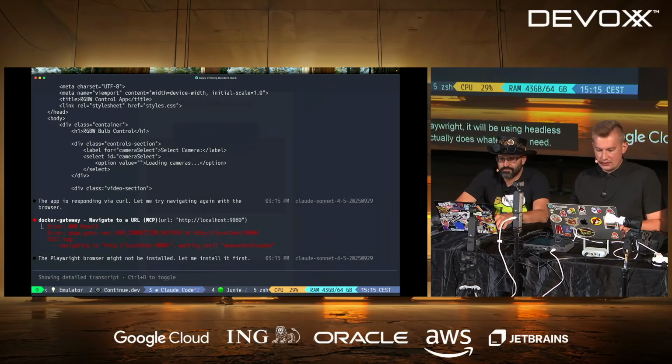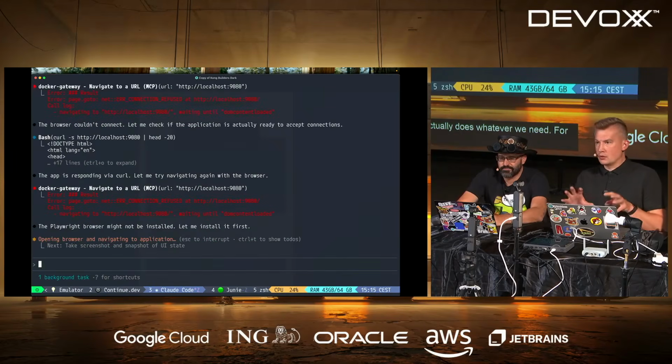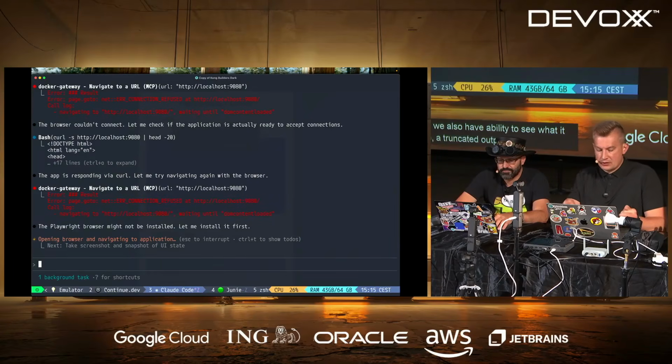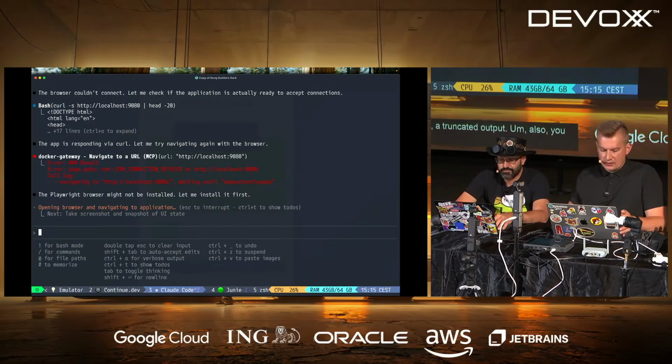For now, not much. So with the Claude Code, we also have the ability to see what it prints out. It outputs a truncated output. Also, you can see there are different shortcuts available. That is for people who like the consoles like I am, and you will be able to do all these types of things. Now we're waiting until